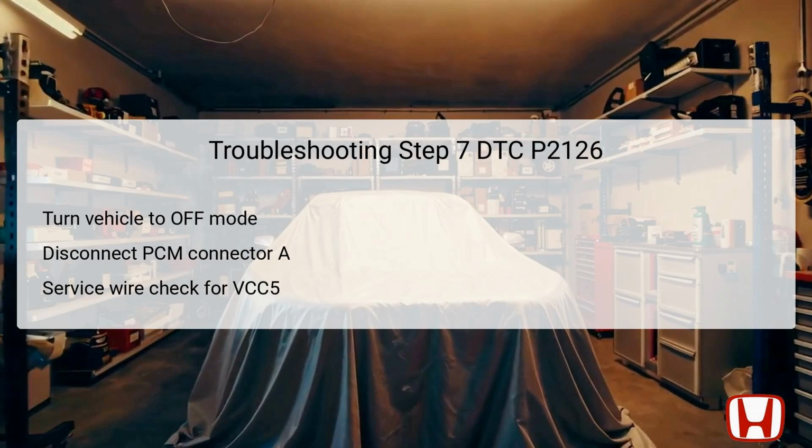If continuity is confirmed, it indicates that the VCC5 wire is functioning as intended. If not, this suggests an open circuit in the VCC5 wire, necessitating repair. Understanding the status of this wire is essential for ensuring proper voltage management to the APP sensor and prevents further